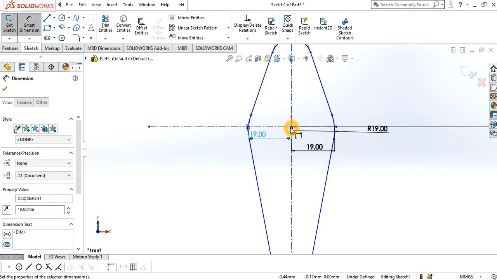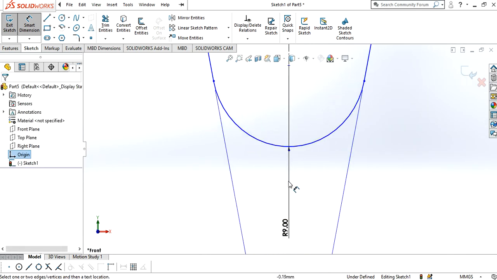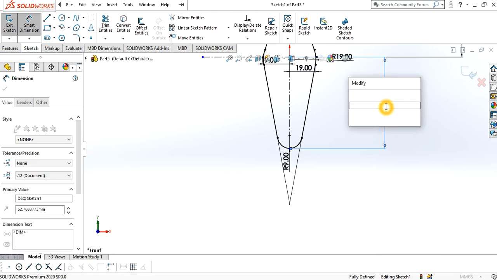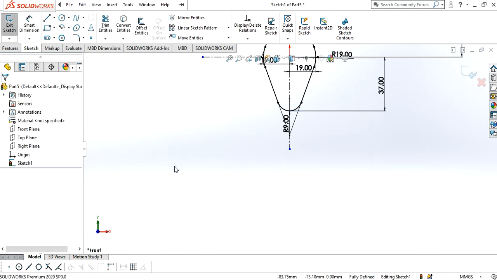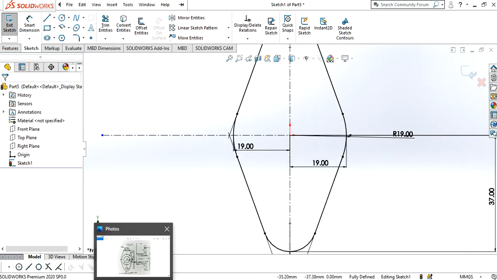Then this one is 37. Okay, see, outline is ready. Now we will give the thickness.